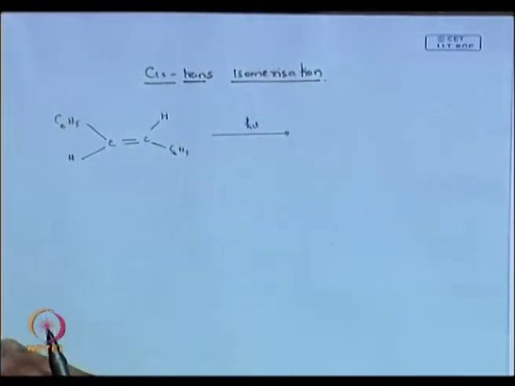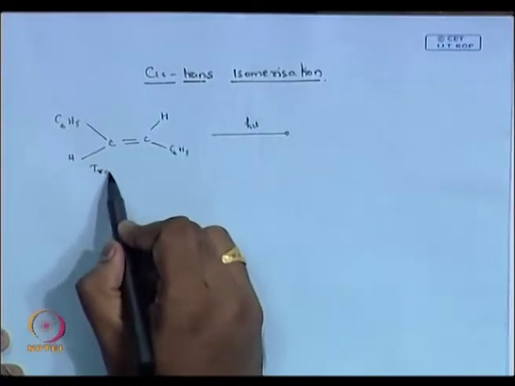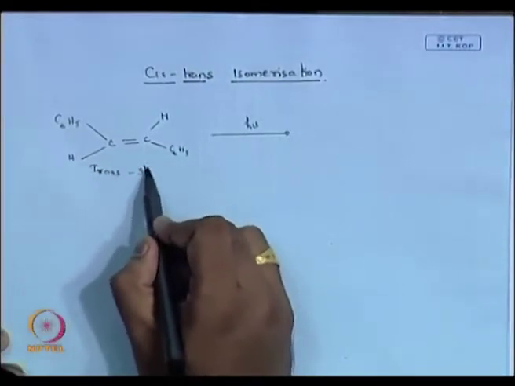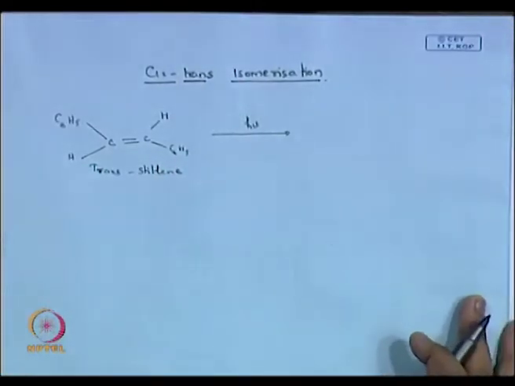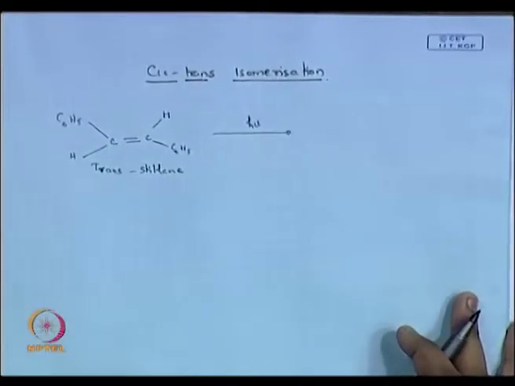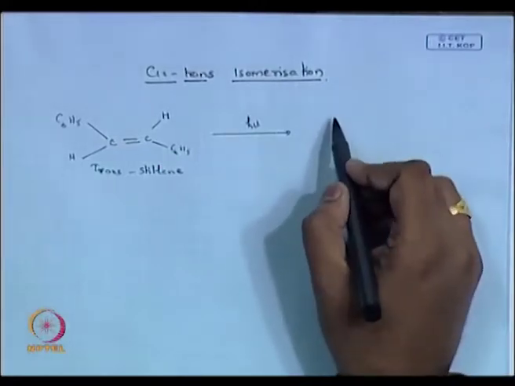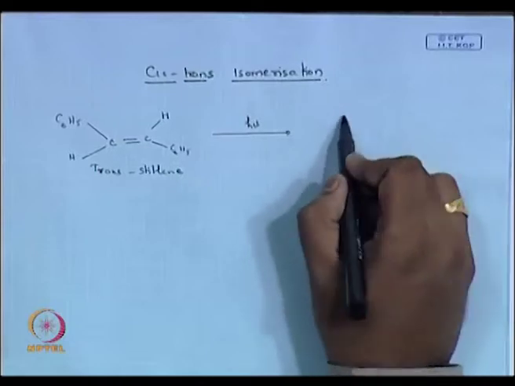So, this is your... what structure is it? What is this compound? Very good. It is a trans stilbene. So, if I photolyze this trans stilbene directly, then see, you know, trans is much more stable, that you know from before. So, if I photolyze this, then you end up with,